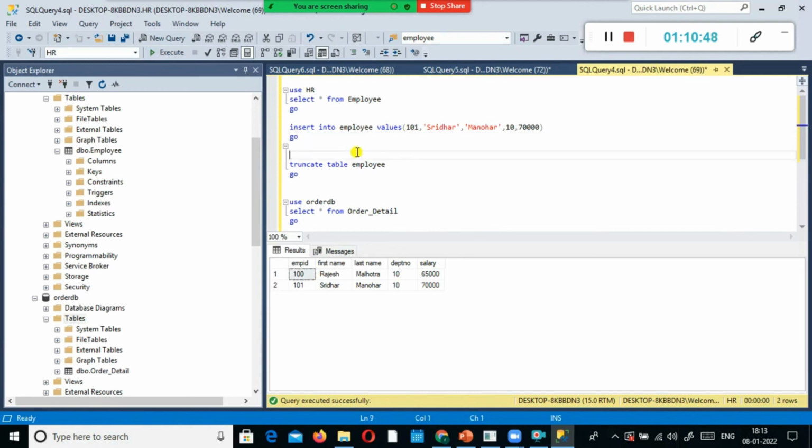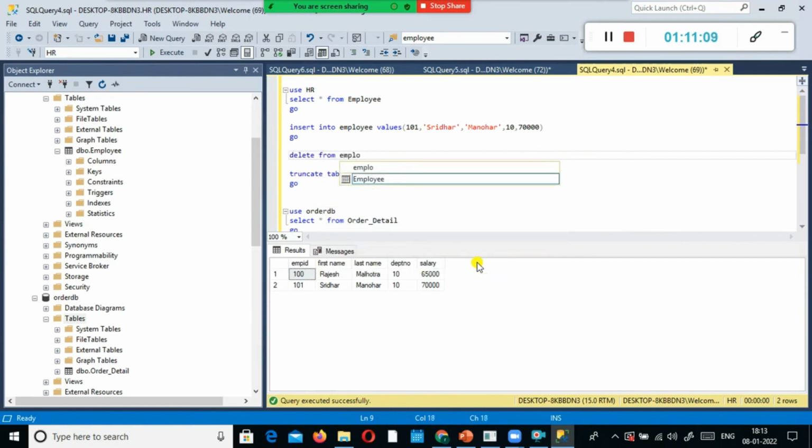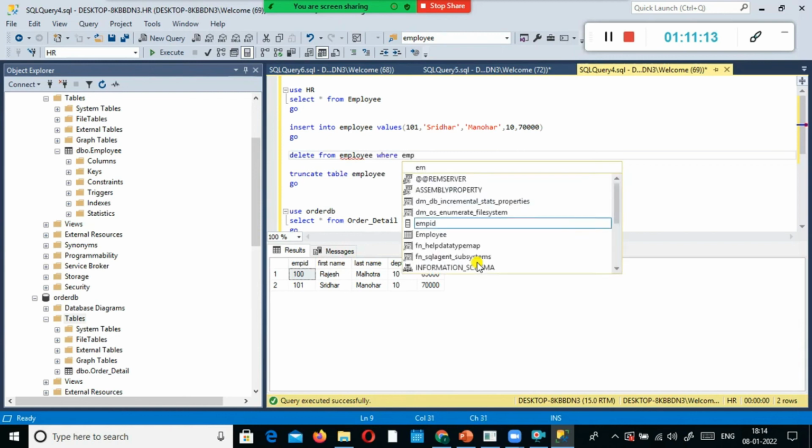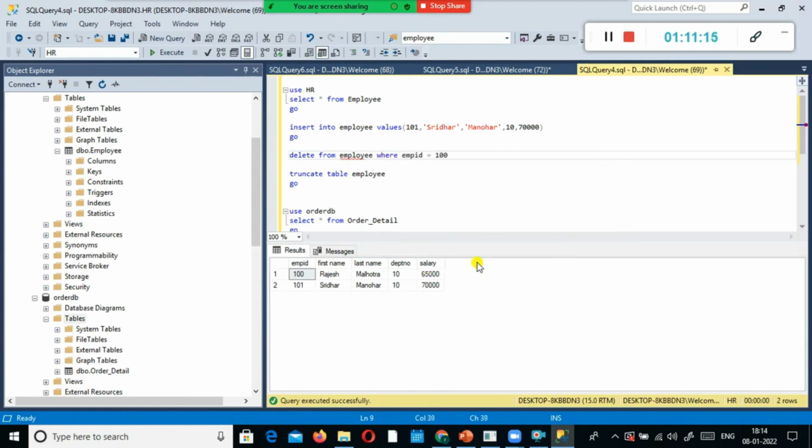The next step is, I just want to remove Rajesh from this table. I want to remove the employee Rajesh related data, only that record. Delete from employee where EMP ID is equal to 100, and go.